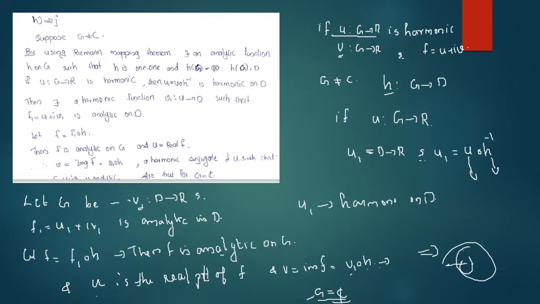Then if there is a harmonic function v1 from D to R such that f1 equals u1 plus i v1 is analytic on D, let f equals f1 composition h, then f is analytic on G and u is the real part of f. Then if f1 equals u1 plus i v1 is an analytic function,